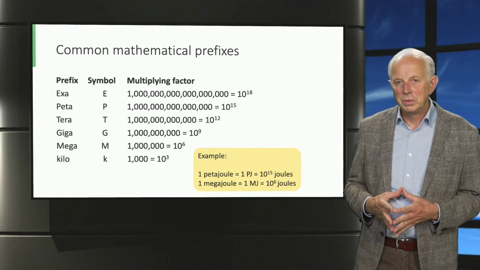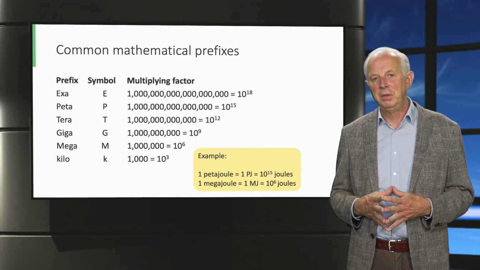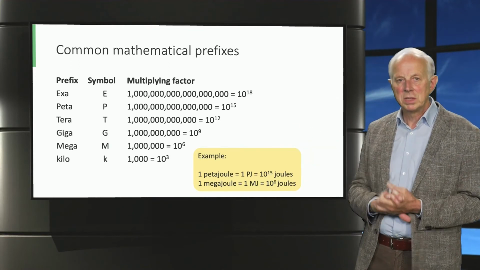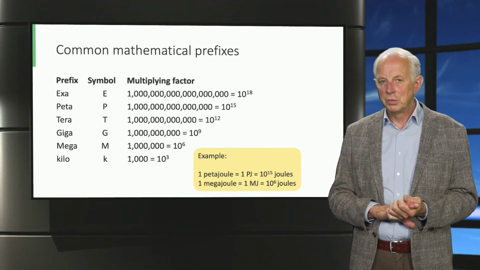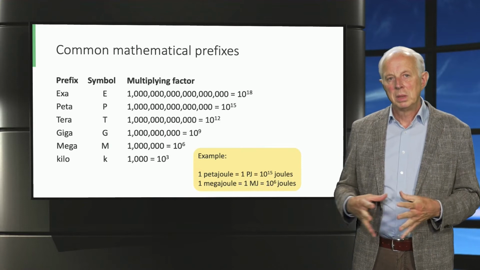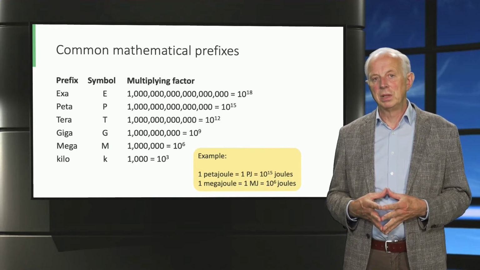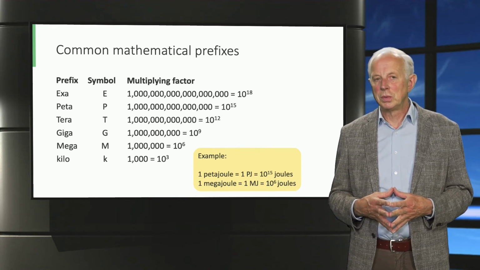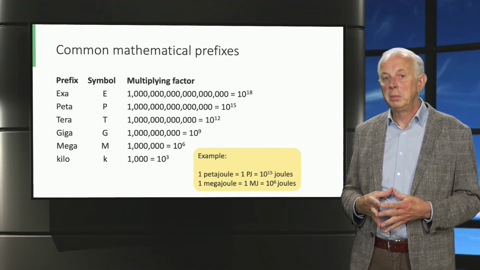Now, before we continue, it is worth going over some common mathematical prefixes to avoid any confusion. The most common ones can be seen here. If you aren't familiar with these, it would be useful to try and commit them to memory. Which prefixes are used, of course, depends largely on the scale at which we are looking. The annual energy use of households is measured in gigajoules, but for a country it is rather in petajoules.